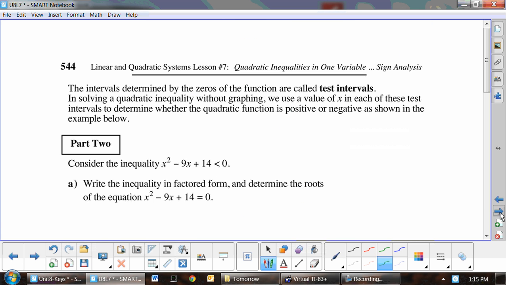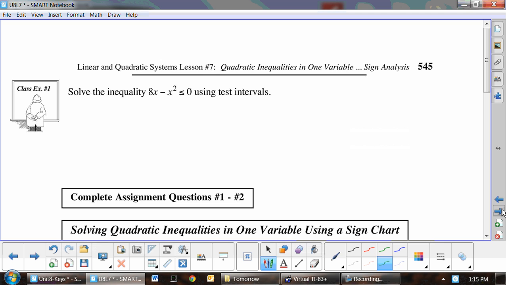Okay, so if we flip 2 pages forward, so we're skipping page 544. No one loves 544? Okay, so